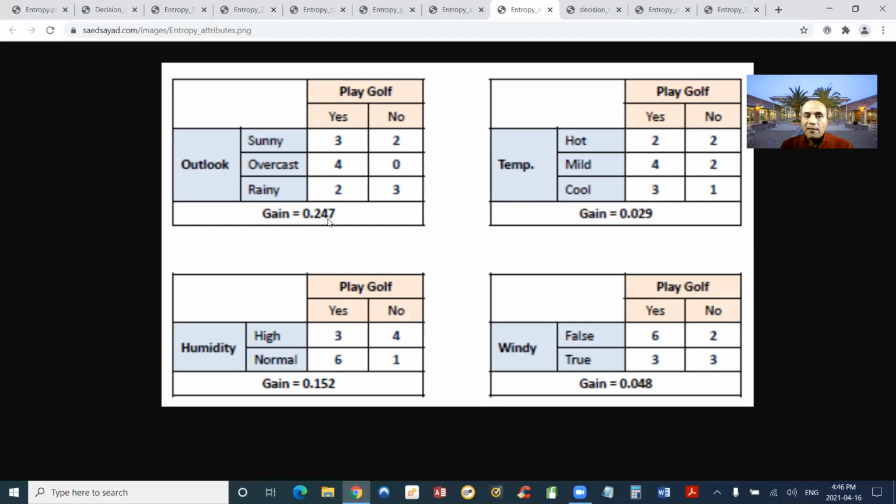So I'm going to subtract 0.247, 0.029, 0.048, 0.152. Then I'm going to pick up the maximum, because if you take a look at my table, the reason I would like to have the maximum gain is